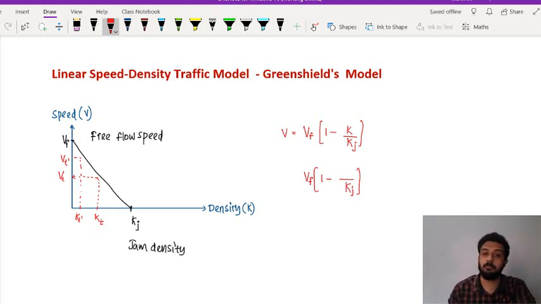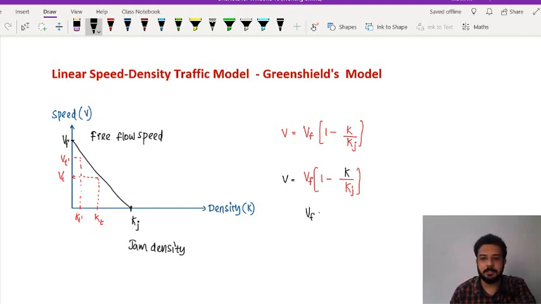What can be the maximum values of speed and density? If I want to calculate, maybe if the density is somewhat 30 vehicles per kilometer, then I just have to substitute 30 here. Then I will be getting the value of V like that. Understood? So we only have to substitute the value of K, then we will be getting the value of V. The opposite also we can do. If they are giving you some average speed and asking for the corresponding density, we can calculate K also, right?